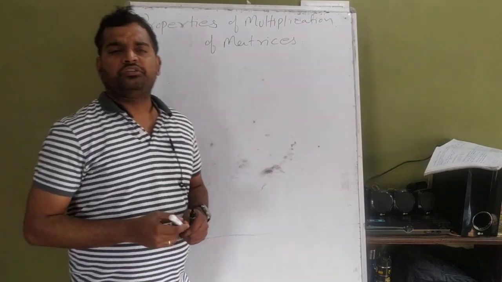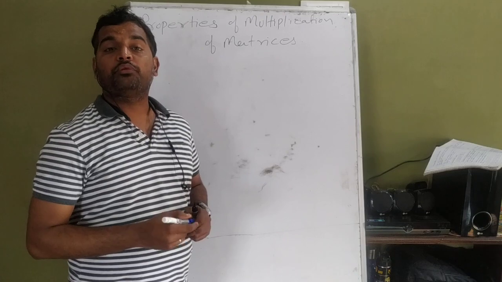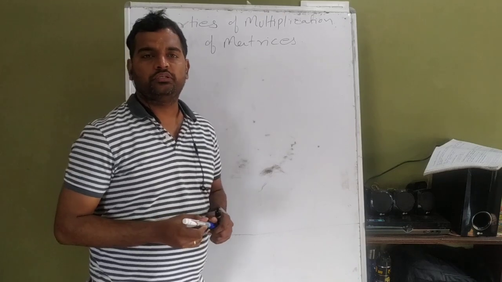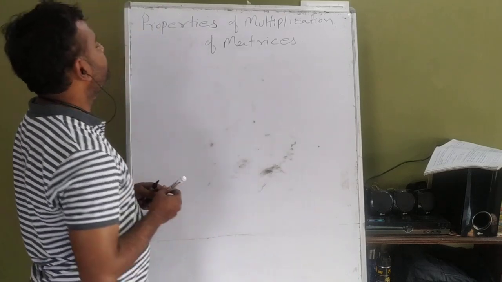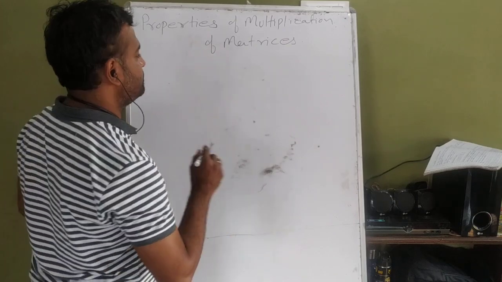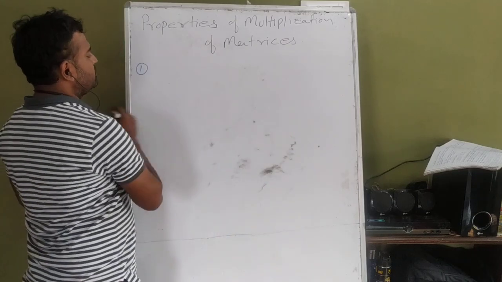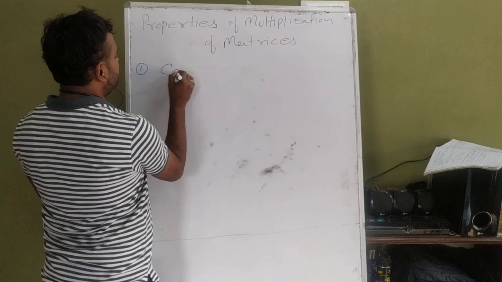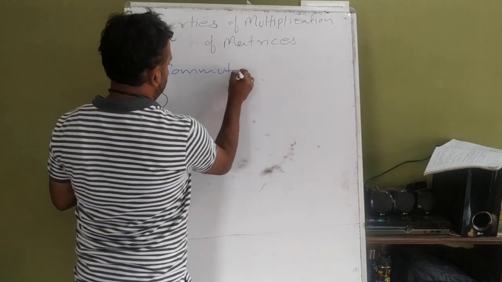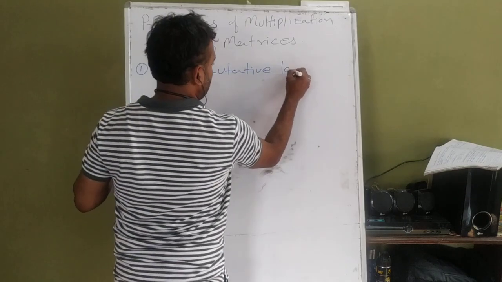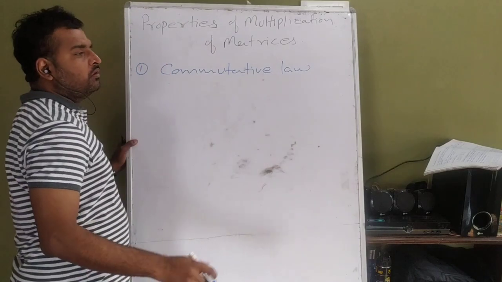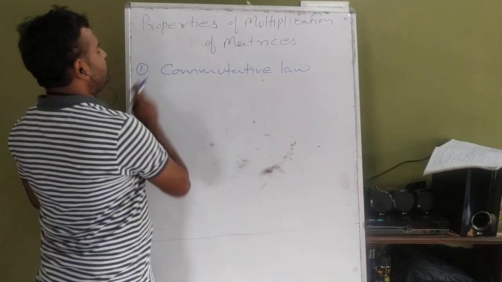Students, in the previous video we discussed the product of matrices. Now we are going to discuss the properties of the multiplication of matrices. The first point is the commutative law. In the case of matrices